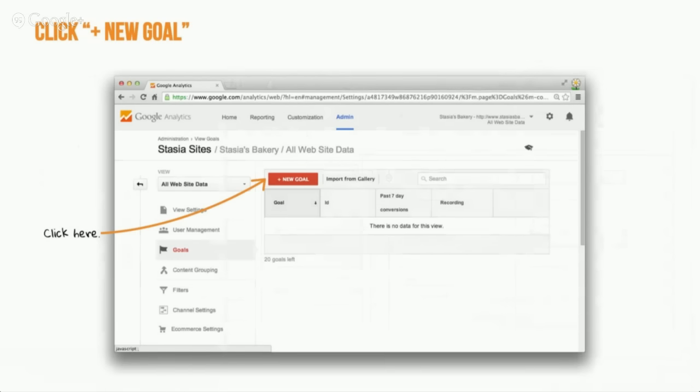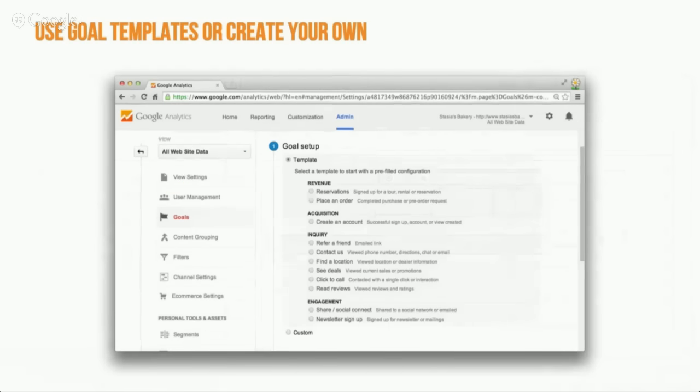Now, what type of goal you set, like I've said before, is one of those 4 pieces. And it really comes down to you and what you need for your business. And we've even set this up so you have templates just for yourself. There are templates that are set up for people who've done reservations. You can place an order, create an account, refer a friend. These are typical things that you'll see throughout marketing or public relations or sales for demand generation. And so we've set this up so that you know how to get started, or you can create your own from scratch if you're somebody who's really familiar with GA and you've done this a lot.